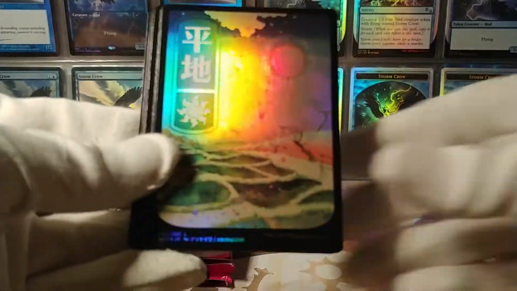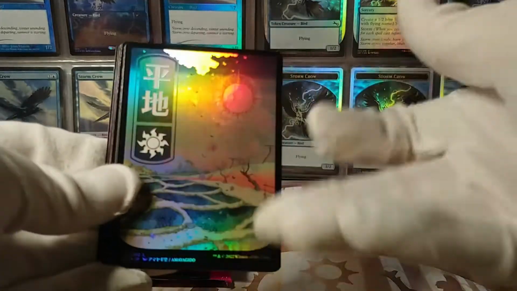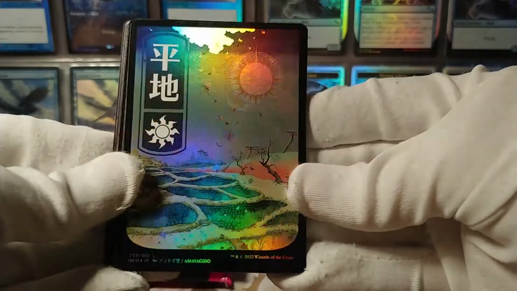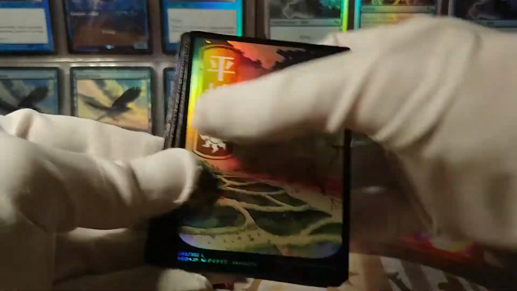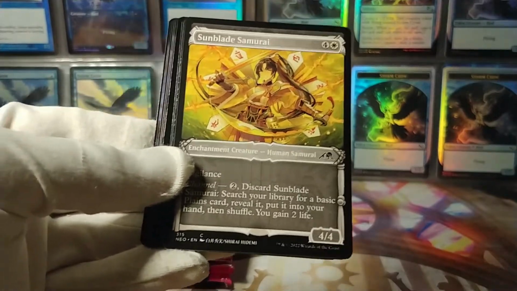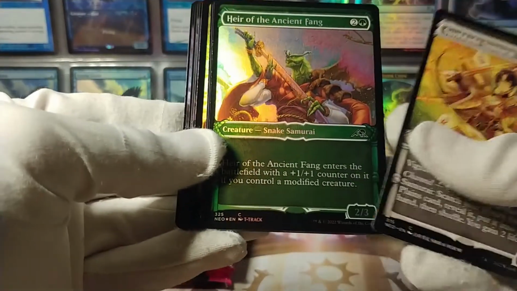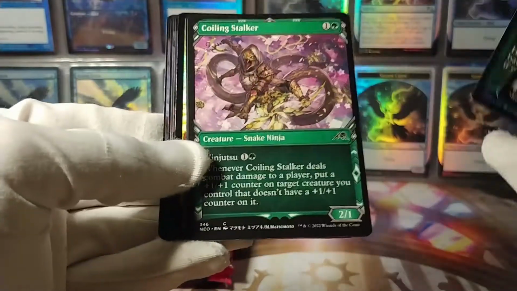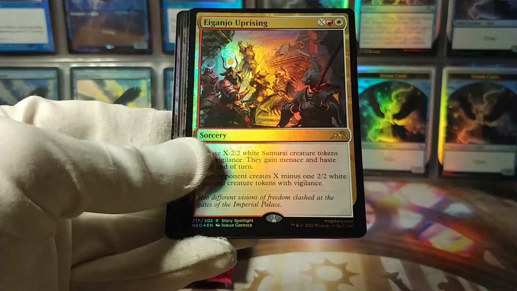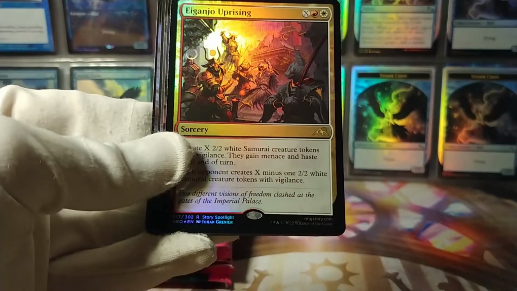Nice. And we've got a just gorgeous-looking plains. Got the rice fields there. Very pretty, very pretty. These lands are definitely the highlight. Sunblade Samurai. Heir of the Ancient Fang. Coiling Stalker and Dokuchi Shadow Walker. What is this? This is